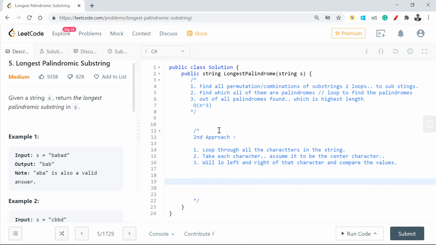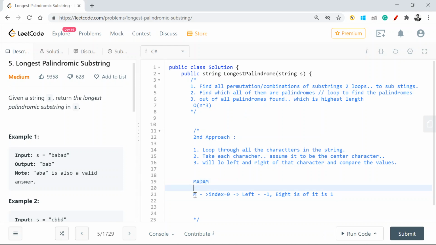What I mean by that is, say I have a palindrome, say madam. This is a substring. First I'll take M. The left index of it is -1, because this M index is 0, and the right of it is 1. Here the left is -1, so I'm not seeing much potential, so I'll have only 1 as a value. Its length will be 1.